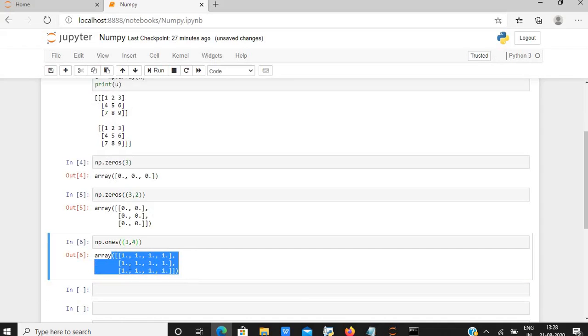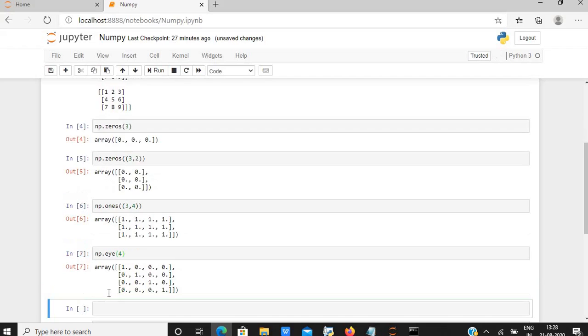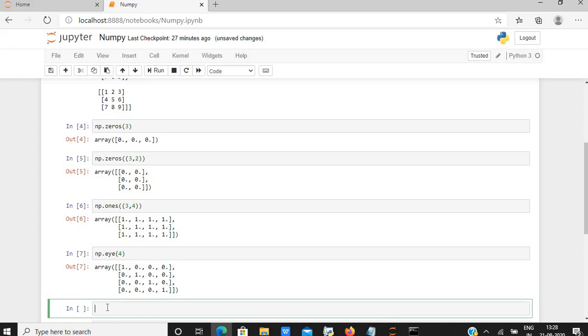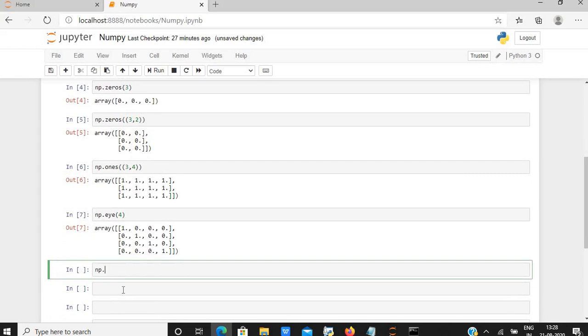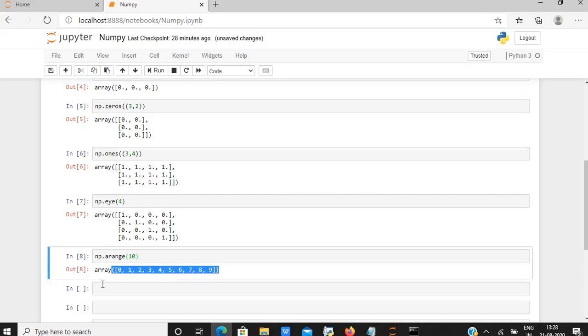As you can see, we have a matrix of 3 by 4 containing only ones. We also have the eye function for the identity matrix, that is np.eye(4). As you can see, we have a 4 by 4 matrix containing diagonal ones. We can also have a range of values, that is np.arange(10). So we have a range of 0 to 9 in an array.